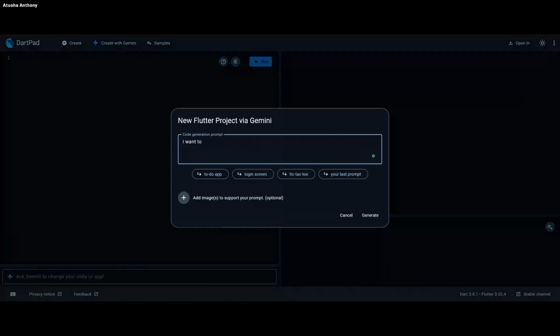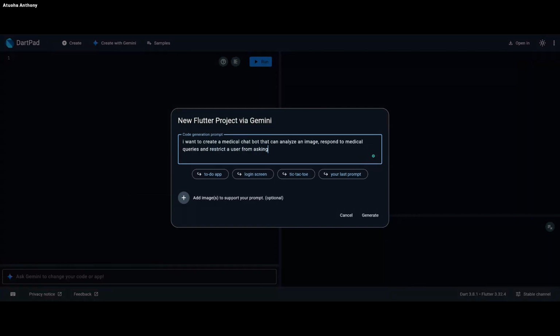multiple chatbots. Respond to multiple queries and restrict these asking. Okay,